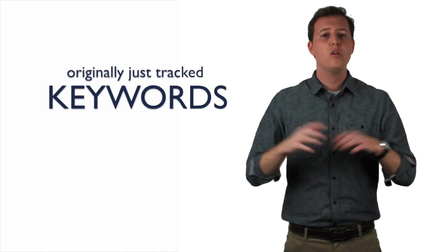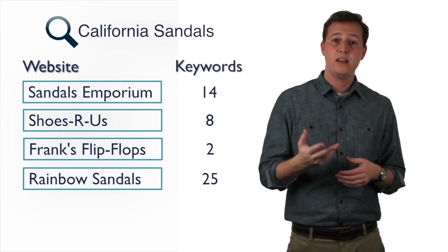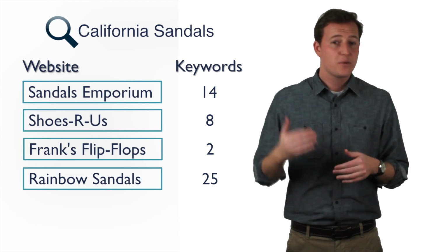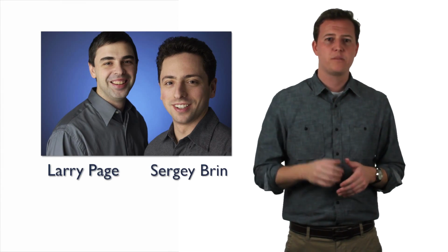In the beginning, the first search engines worked by tracking all the words on web pages. So if you searched for California sandals, you'd get back a list of websites containing those 2 keywords. And the websites that had those words most often were ranked higher, and they showed up towards the top of results pages. Well, in 1996, 2 Stanford PhD students noticed while they were researching academic papers that sources that contained